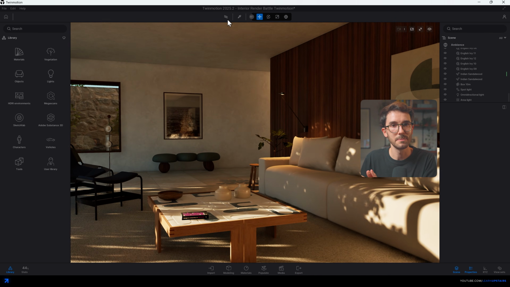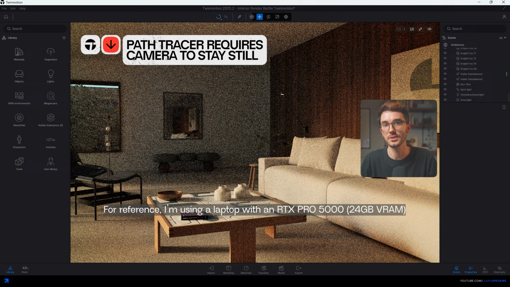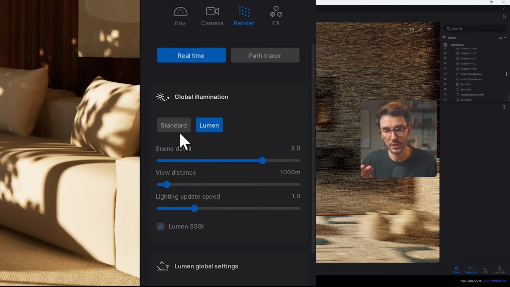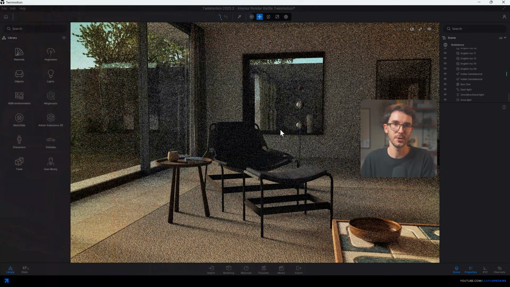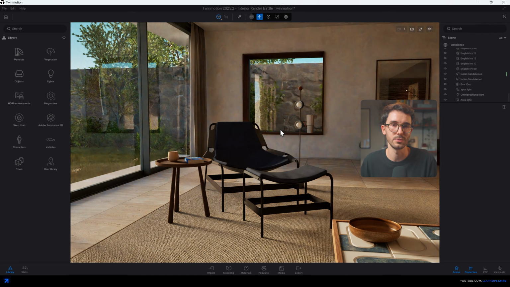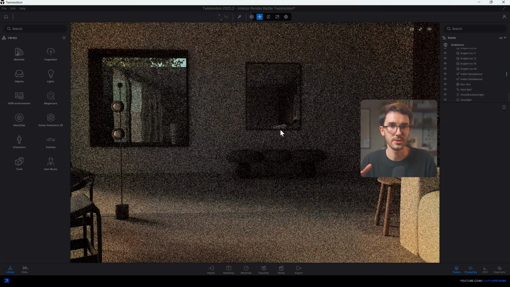And then we gotta talk about the path tracer preview here, which is not real time. I mean, kinda, it still is slow. We can only use it when the camera is still. Lumion is obviously great for fast previews, sure, but for interiors, you want the best light bounce handling and the cleanest reflection. So you just gotta wait for the path tracer to resolve after each of these previews